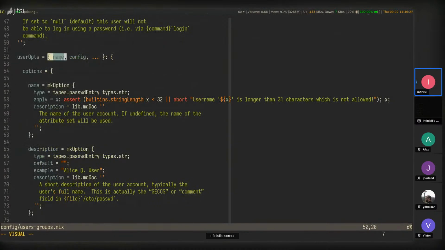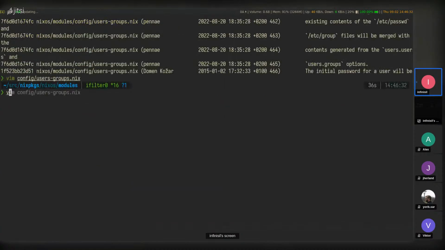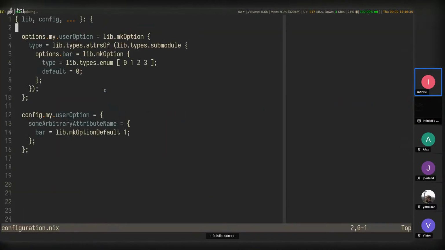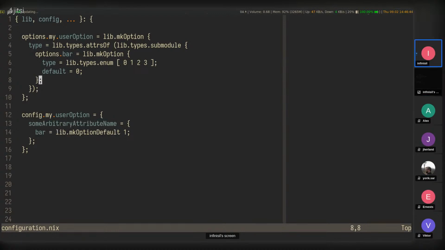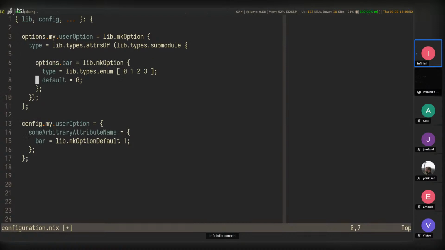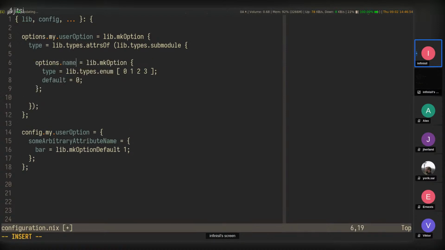We can also see, this is very important, there is a kind of special case. Let's go back to our example here. In a lot of cases, you want to be able to know the variable name that you're using inside here. Let's say you might want to have a default that is the variable name, or actually in this case, name. So this is a fairly common pattern. You want to have a name option inside the submodule, and name is a string, and the default should be